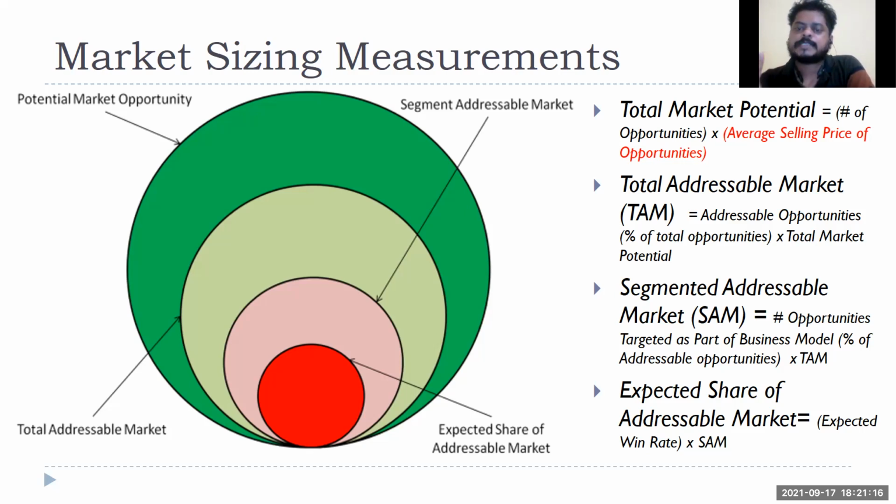So now what will be my segmented addressable market? 5,000 companies multiplied by 10,000, where 10,000 is, again, the amount per machine that I'm going to sell. So that is my segmented addressable market. Out of that, obviously I'm not going to convert all of them. There are competitors. I'm not the only market leader, or the only market player. So now I have to play with certain assumptions.